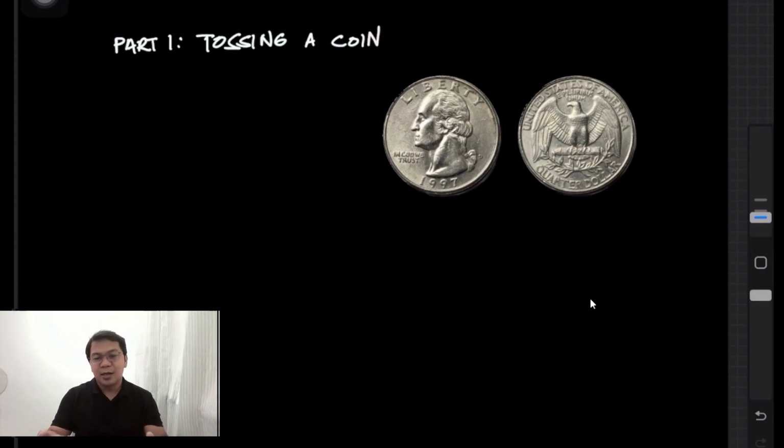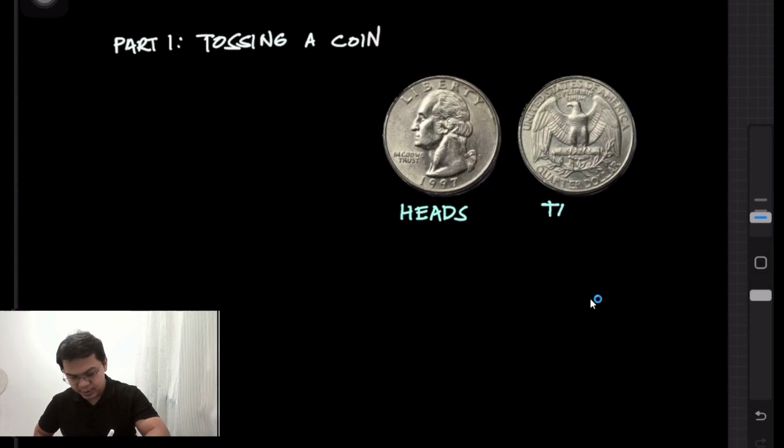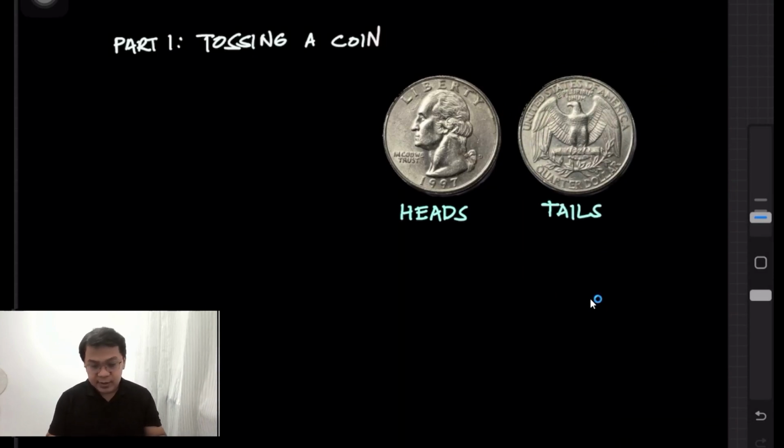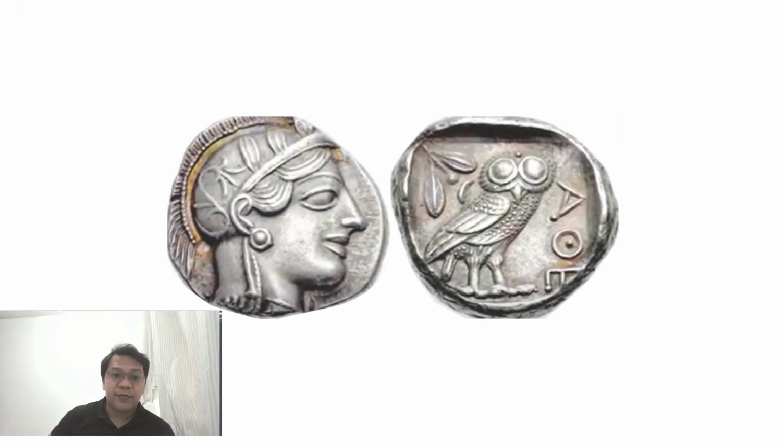As you can see, I'm showing here an image of the two sides of a coin. This is a fair coin. So there are two sides. The first side, let's call it heads, and the second side of the coin is called tails. Now the origin of calling it tails is not really from a quarter of a dollar, but just for a fun fact, the origin of heads and tails